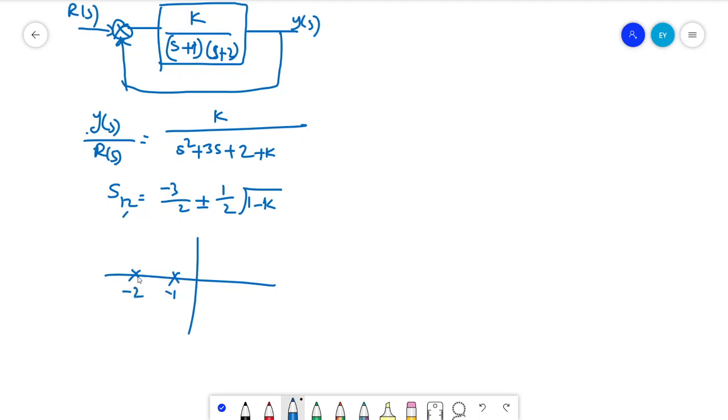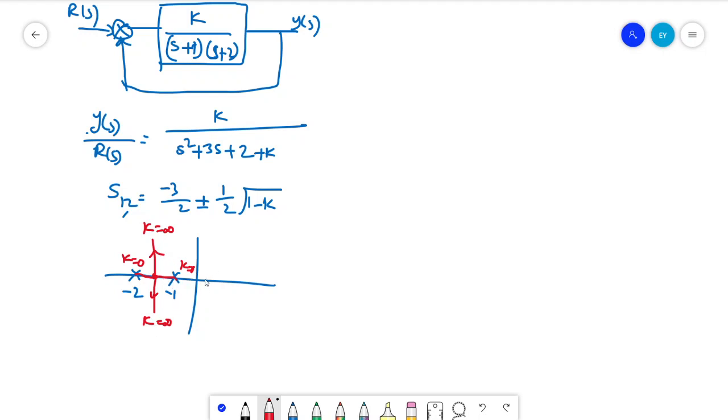So if you are drawing a root locus for this, how it will actually become is this pole will tend towards this pole, and this pole will tend towards this pole, and there will be a point in which it will diverge and go to infinity. When you are choosing this k value from 0 to infinity, you will get this kind of plot. So here if you observe, the open loop poles itself are actually stable poles.